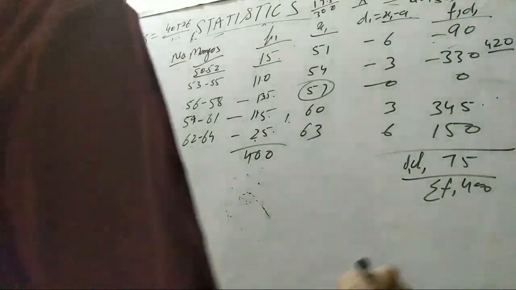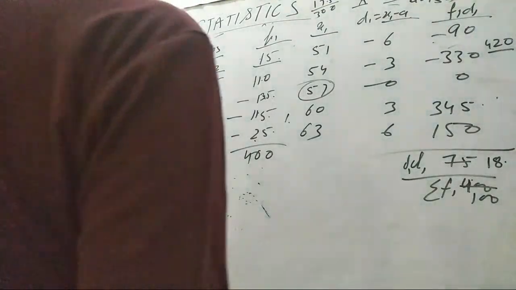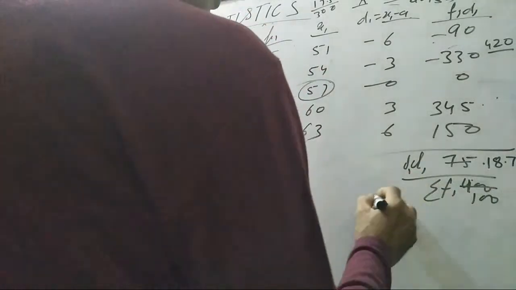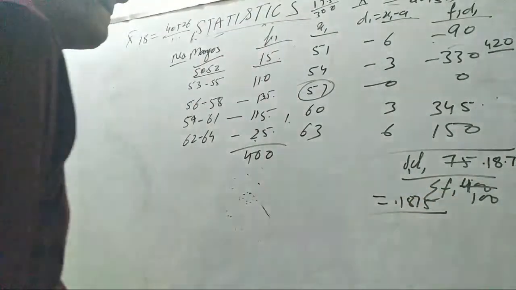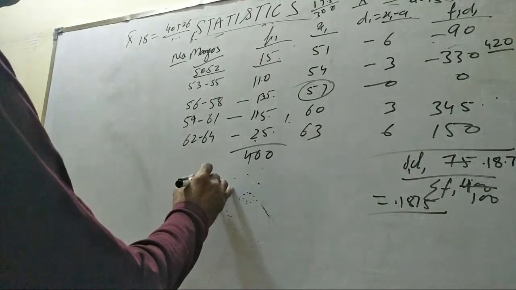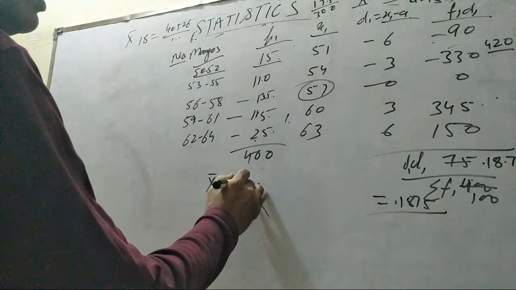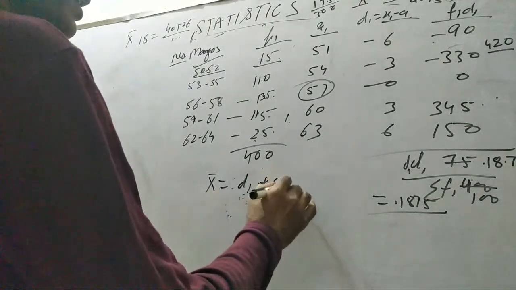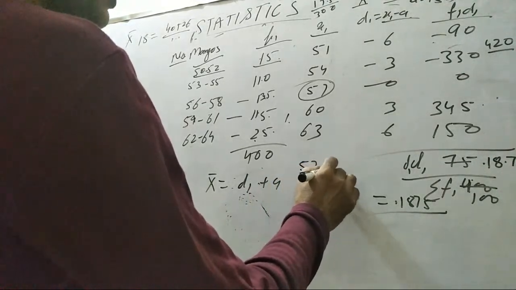ये हमारे पास था d1 इंटू f1 बटे में f1 सिग्मा 400, and this is equal to 4 एकम 4, 4 8 32 पॉइंट 4 7 28 4 5 20, and this became 0.1875, 0.1875, and now x is equal to 57, यानी कि d plus a is equal to 57.1875,